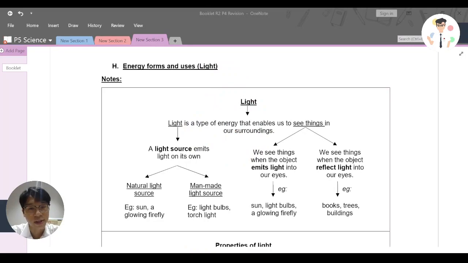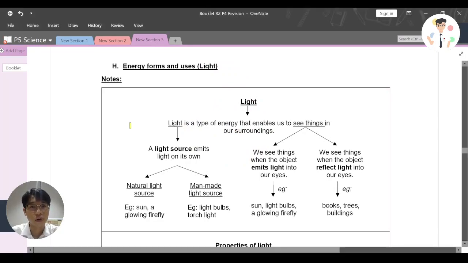Welcome back to digital class, and now we are looking at energy forms and uses. Now we are focusing on the topic light. The first thing we should understand is that light is a type of energy that enables us to see